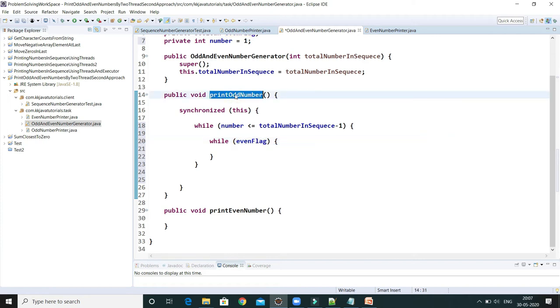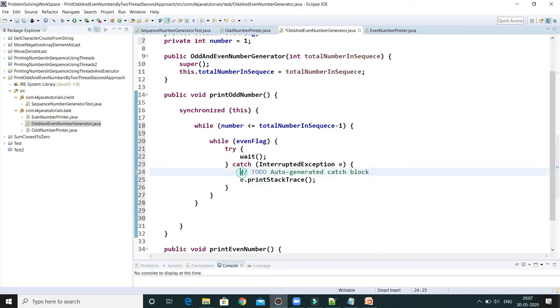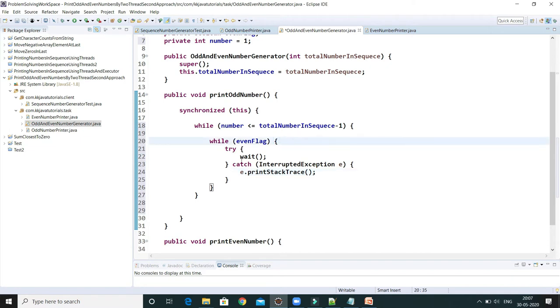This method is responsible to print the odd number. If this flag is true, then the thread has to go into the wait state, so I'll put it into the wait state. I need to put it in a try catch block, because this method throws a checked exception. So this while loop ends over here.